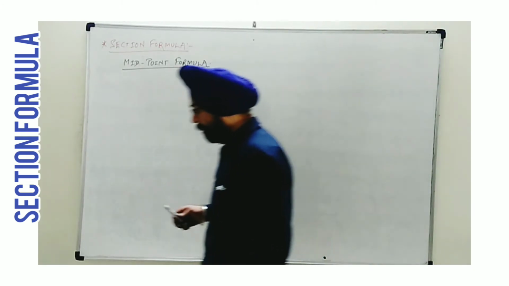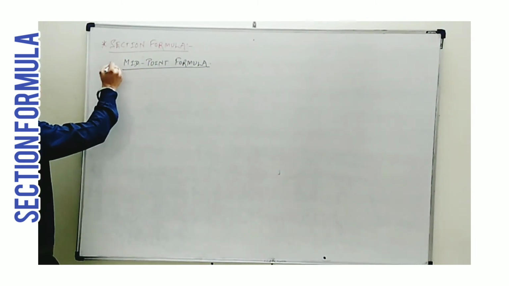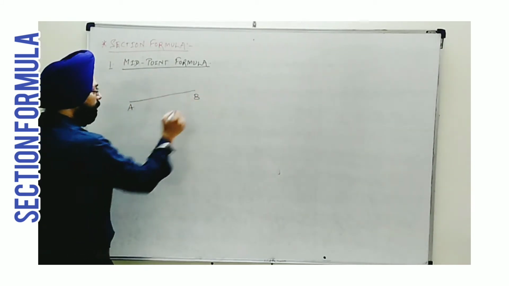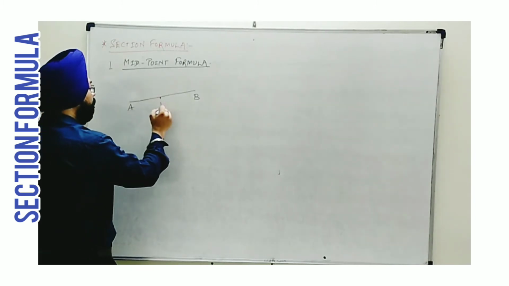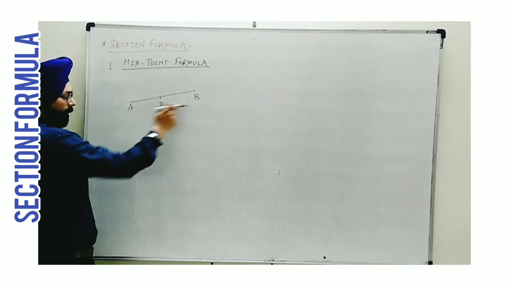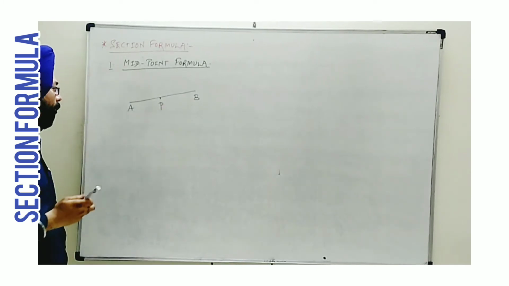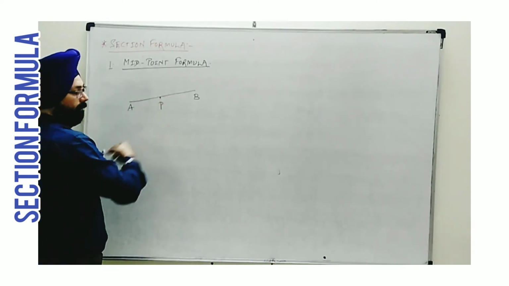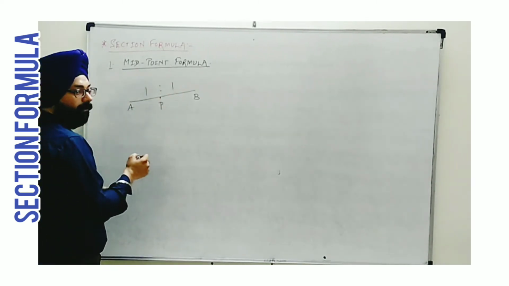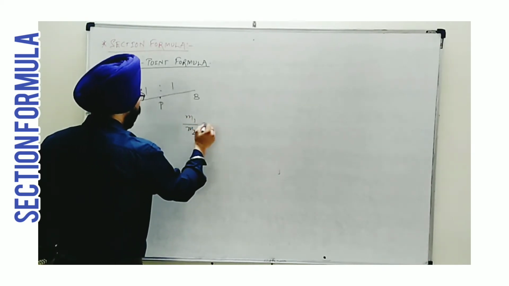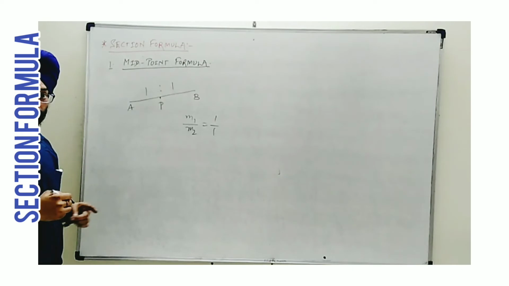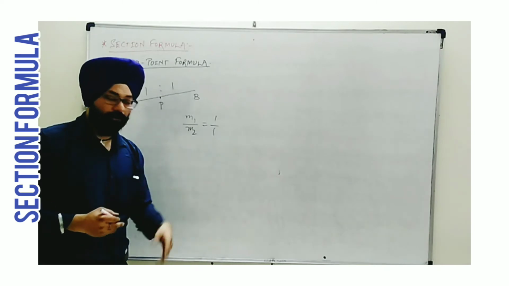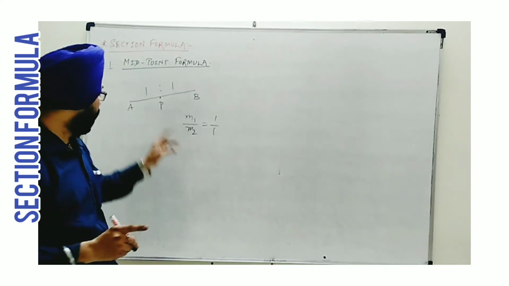Very first application of the section formula here we can see is the midpoint formula. This I will explain. Suppose you are given A and B, 2 points on a line segment. P which divides them is now the midpoint of the AB line segment. Whenever P is a midpoint of AB, it bisects AB, so it divides in equal parts. That's why the ratio will be 1:1. Means the value of m1 upon m2 is taken as 1 upon 1, as they are equal parts now. AP upon PB, you will get cancelled and 1 upon 1. So always the ratio is fixed 1:1 whenever it is midpoint P.